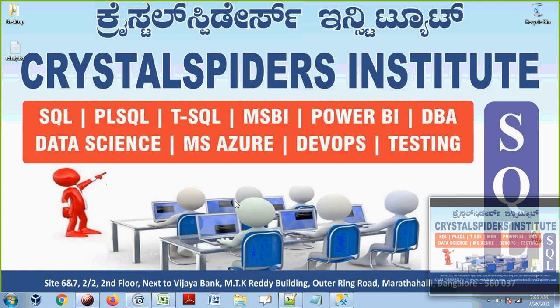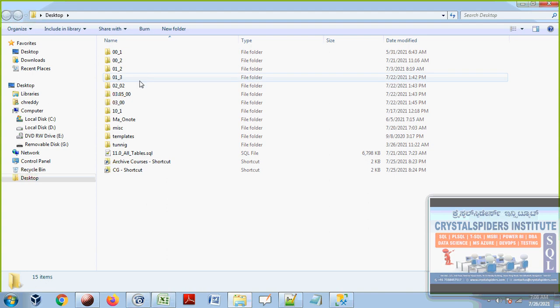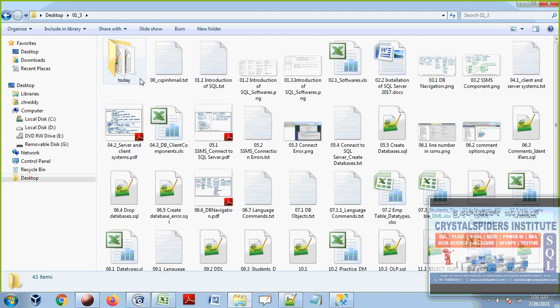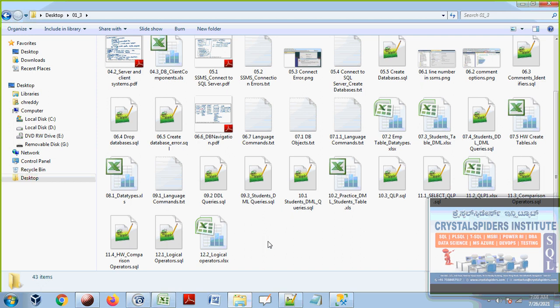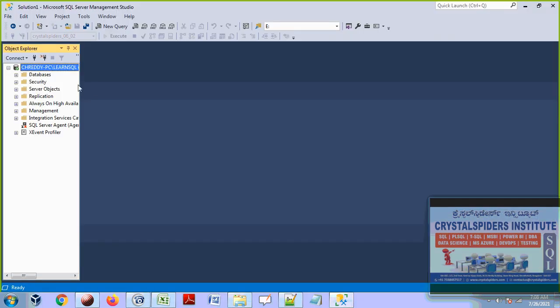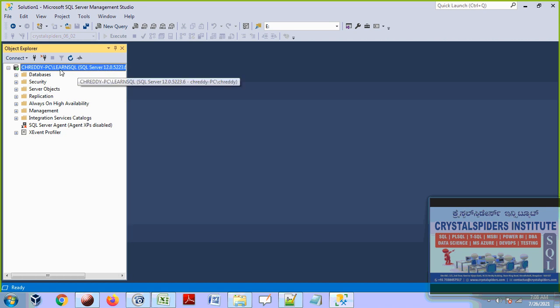Logical operators. Guys, last session we were discussing the logical operators, but we have not completely discussed them, and we are going to see them today. We will complete these logical operators, and then I will walk you through the homework as well. So let me open this. I already connected to SQL Server, and let's see this.